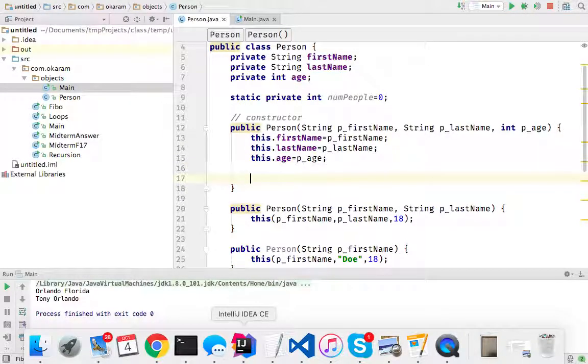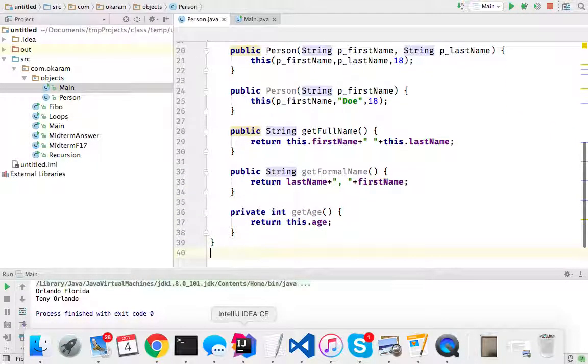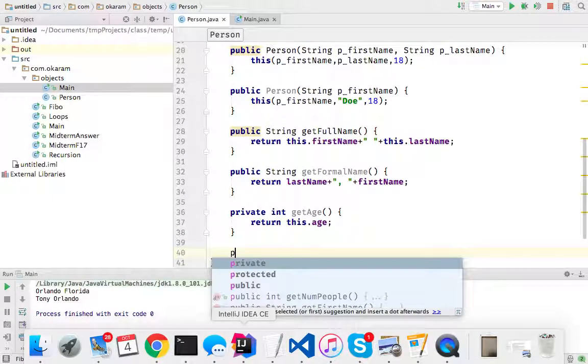So in here I could do this. So what does this do? It increments num people every time somebody creates a person. So it keeps track of the number of people that have been created, right? And then I can have